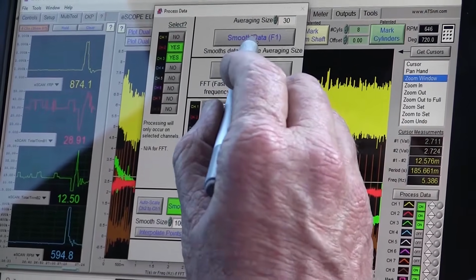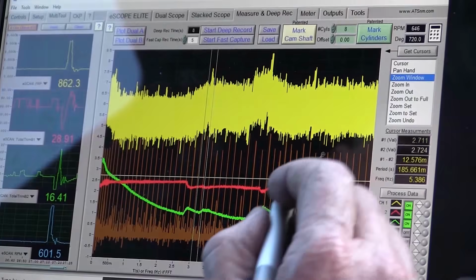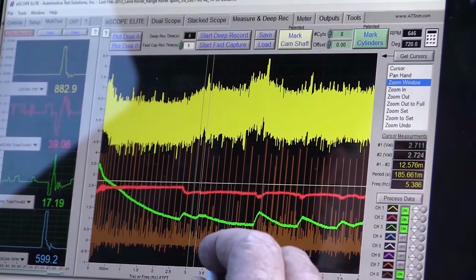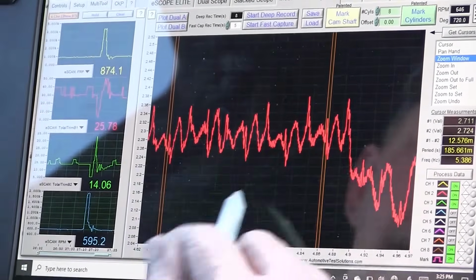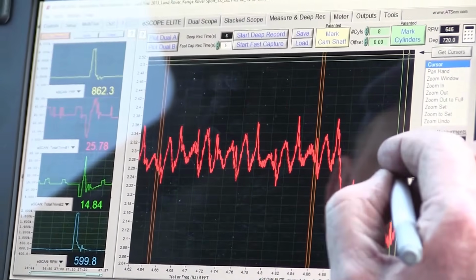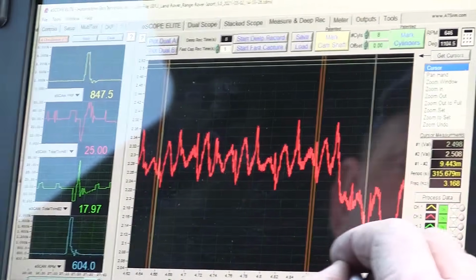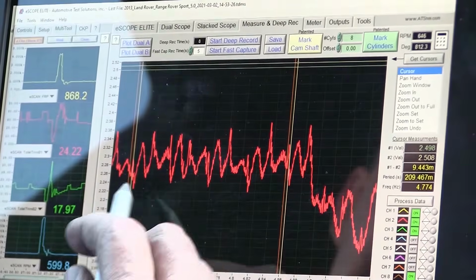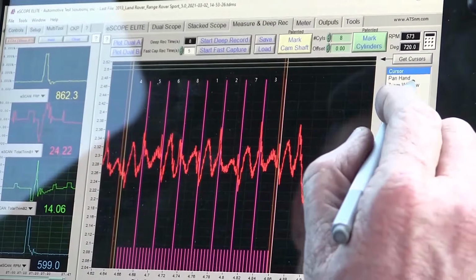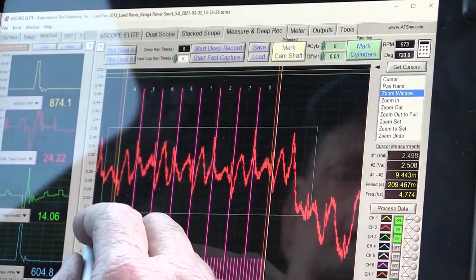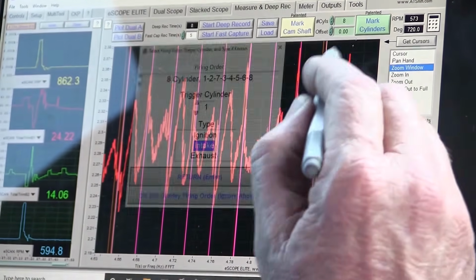So what I want to do is I want to smooth that. So I want to get this smoother here. And now I want to come in here and I want to look at that. And we can see right in here. And what I want to do is I want to take this and we want to move this across. And now what I want to do is I want to mark that. Okay, so let's